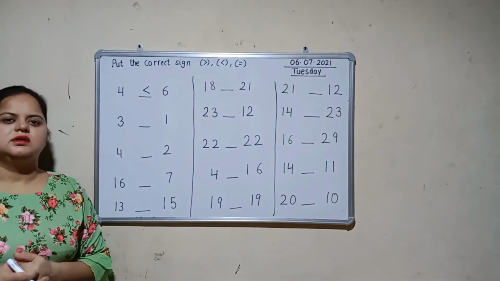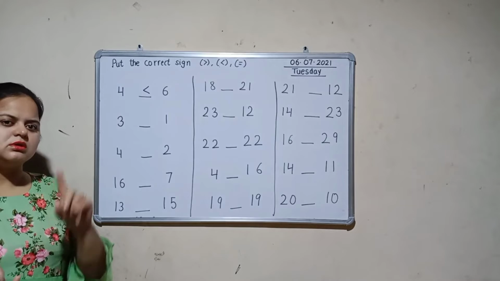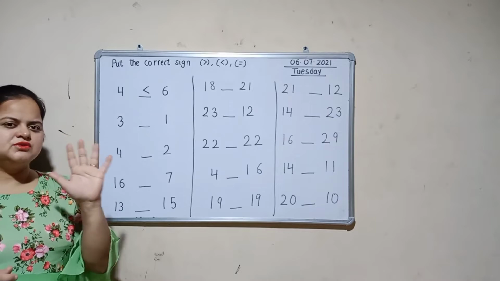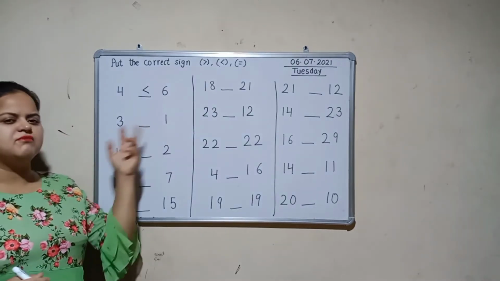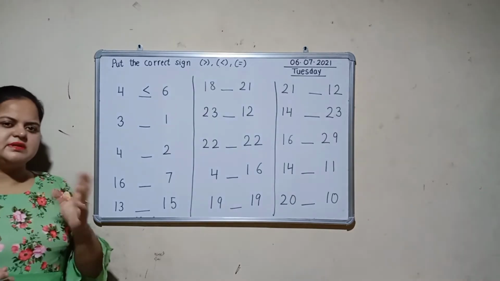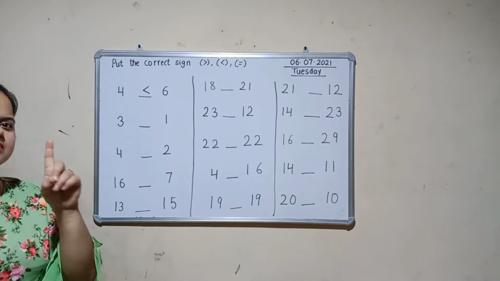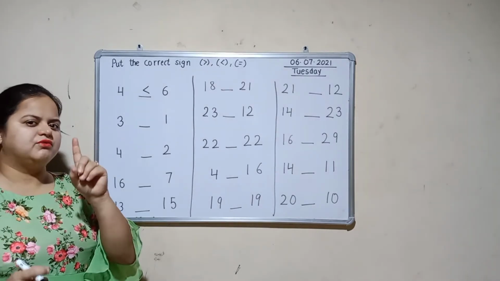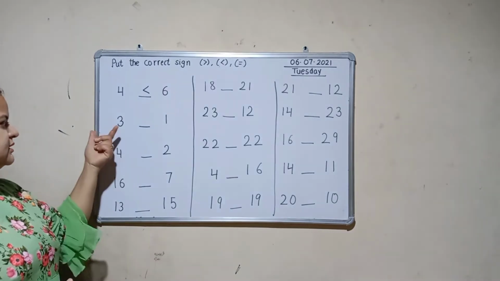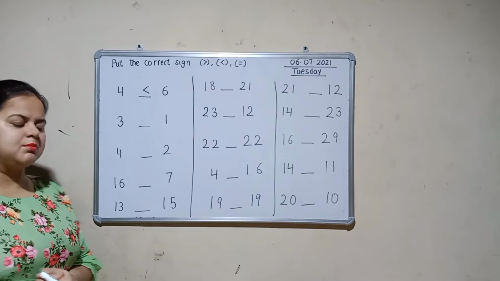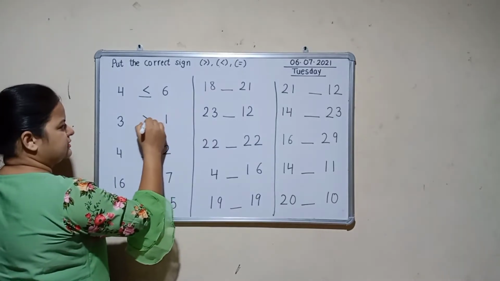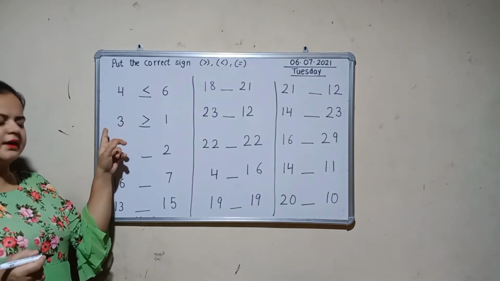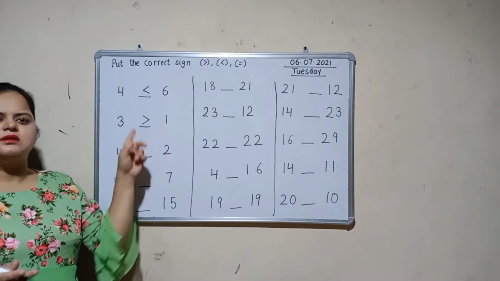1 and 3. Okay, if we say it in counting, 1 2 3 4 5. In these 5 numbers, which number comes first from these two? Which number came first out of 1 and 3? 1. Yes. 2, 3, then 3 comes later. So 3 is the greater number and 1 is the smaller number. So we will make a sign like this. Here the open side is toward the greater number and the closer side is toward the smaller number.